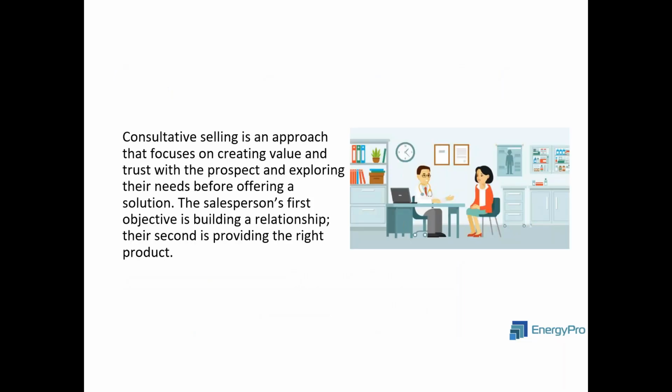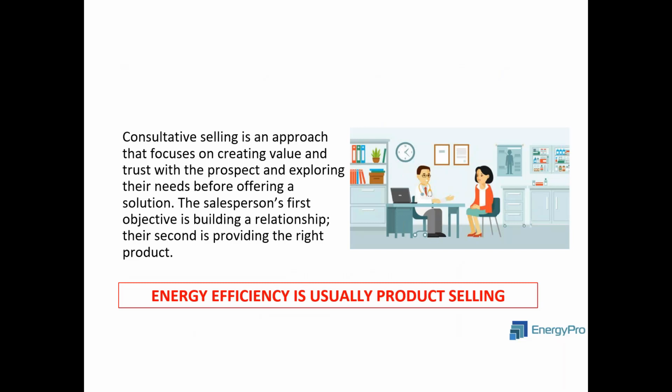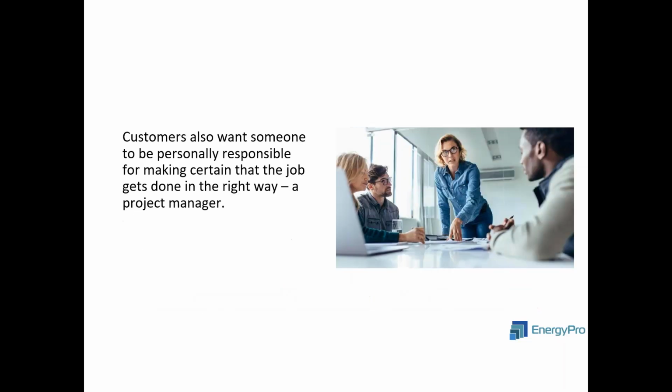Can be the curse of these. So he defines consultative efficiency or consultative selling, and how energy efficiency is almost always product selling. It's like, oh, you need this manufacturer's product, blah, blah, blah. That's going to fix your problem. It's not products to solve these problems. It's almost always